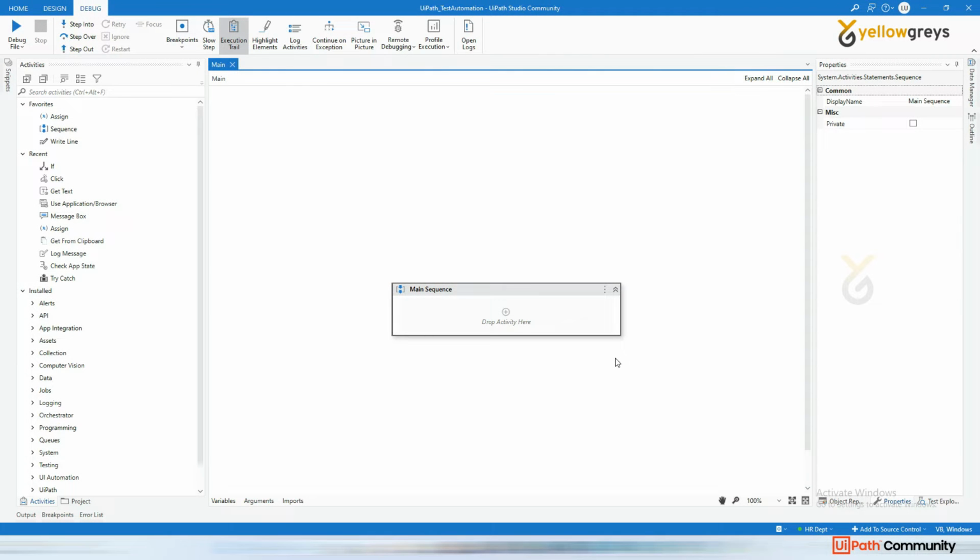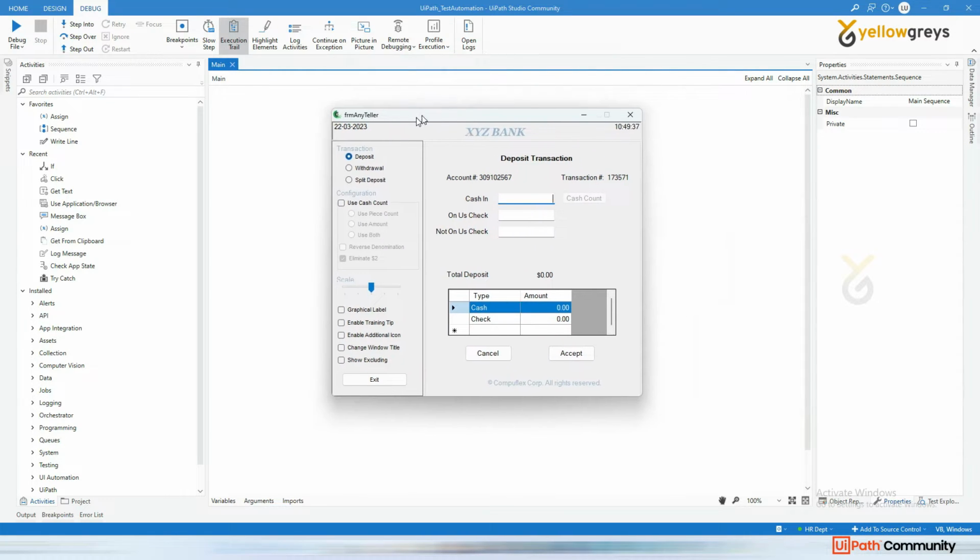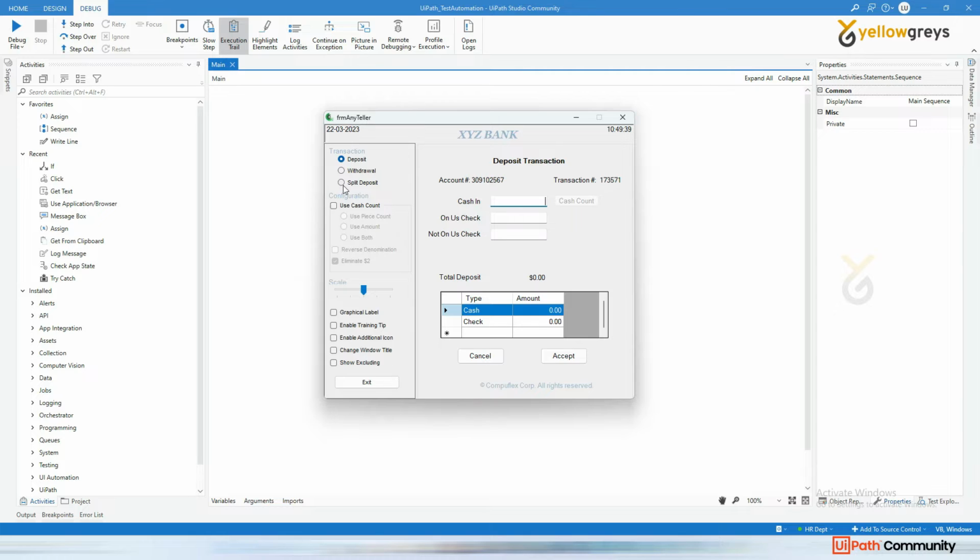So now I'm going to cover how to test the application. Let's say you have a developed application that is Any Teller. Now you want to test this application. Testing in the sense what we will do. Assume that this is the application you have created, and you check whether these options are available: deposit, withdrawal, split deposit. And while testing it, you need to make sure